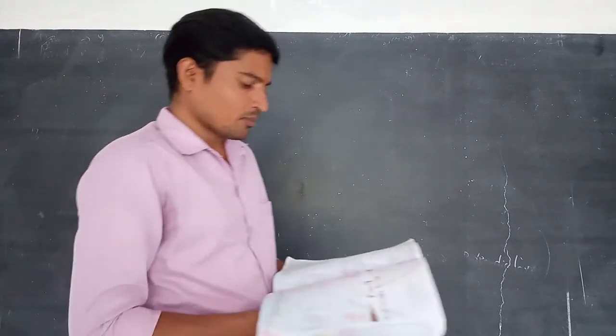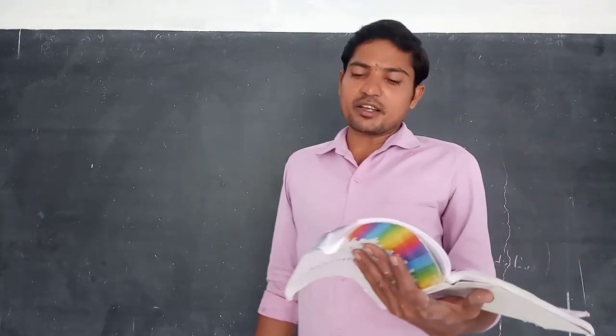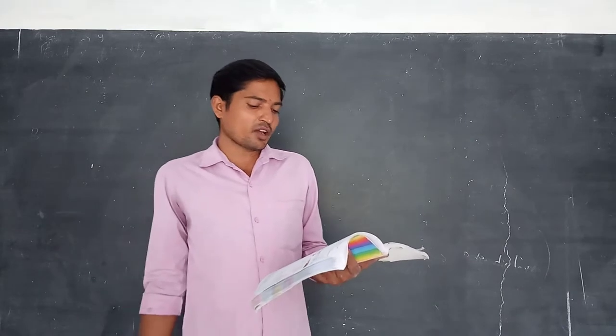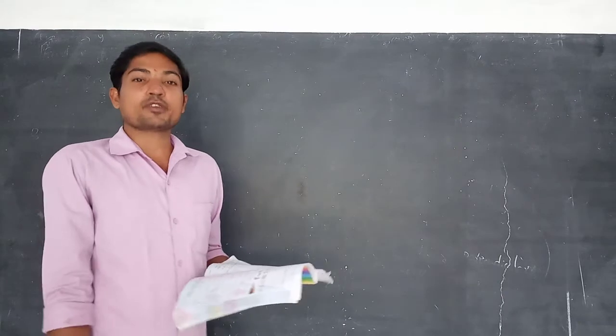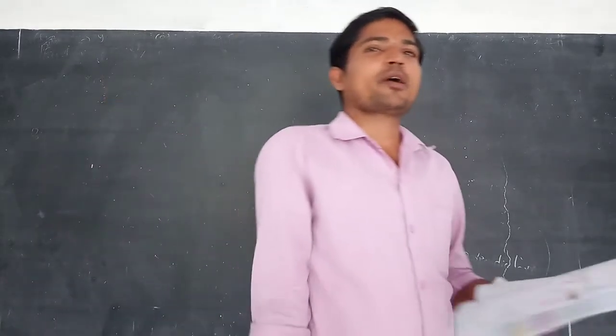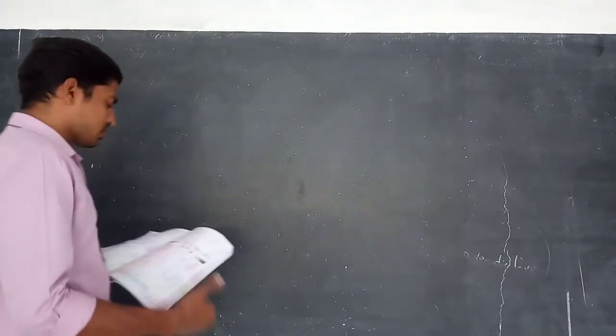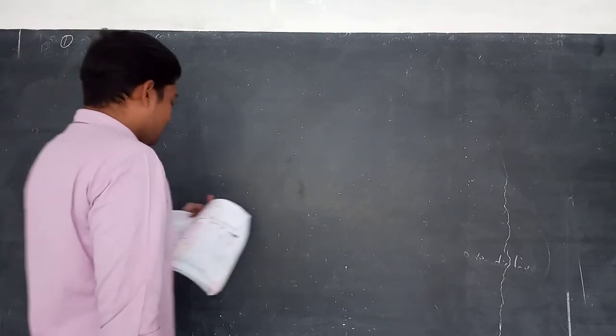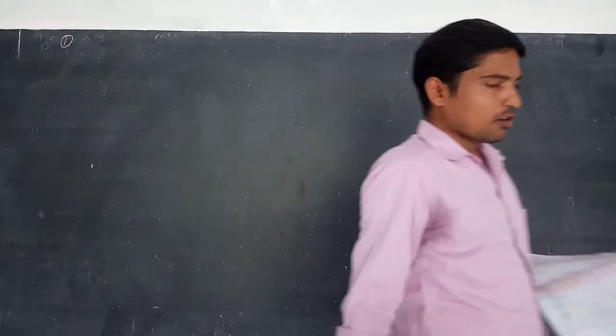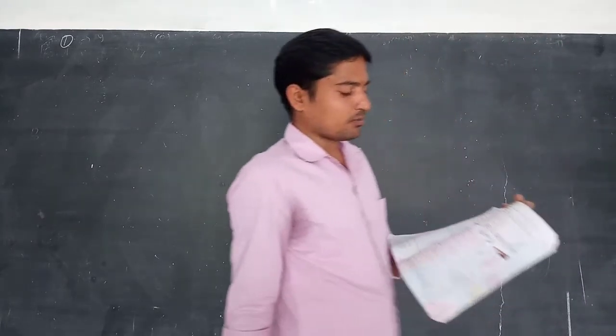Very first problem: find the point to which the axes are translated so as to remove the first degree terms in the equation ax square plus 2hxy plus by square plus 2gx plus 2fy plus c equal to 0. That means we have to use the formula (hf minus bg) by (ab minus h square), (gh minus af) by (ab minus h square). Very first problem in worksheet number 2. First degree terms are nothing but the x and y terms here.